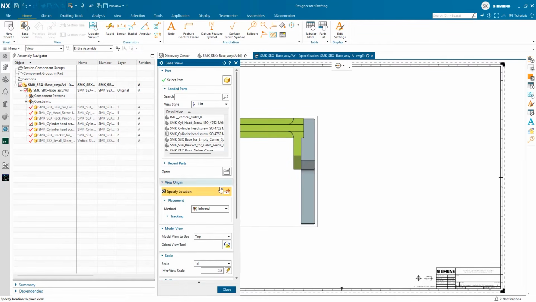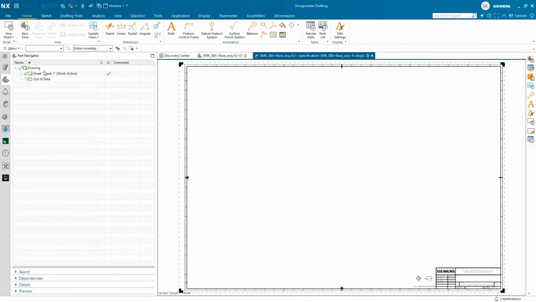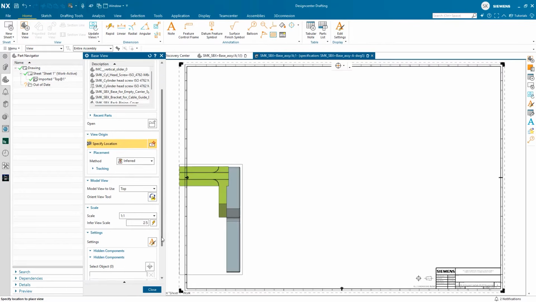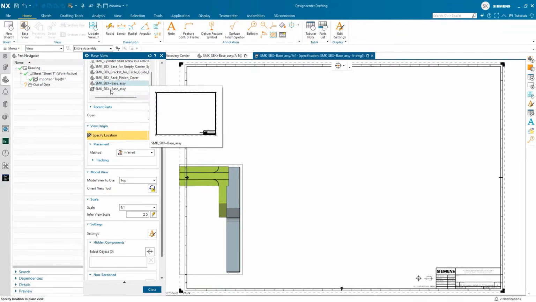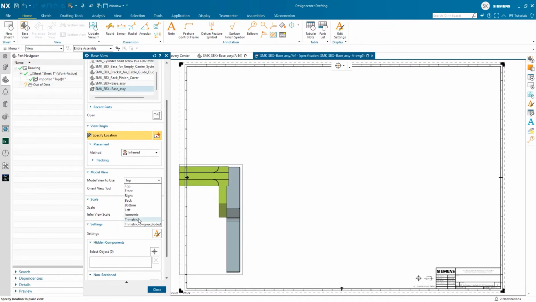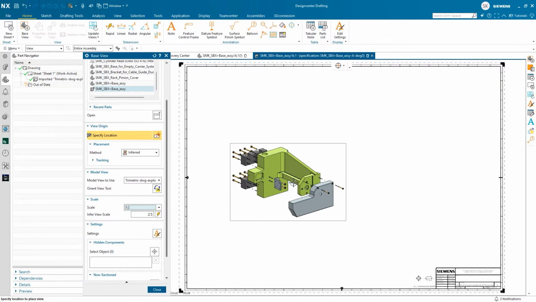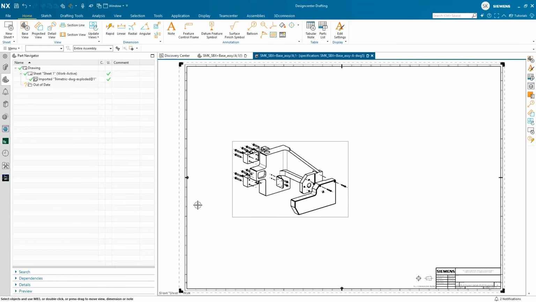In this case, we want to add an exploded view that was previously created at the drawing level. So I'm going to add the base view. I'm going to reference the drawing file, not the subassembly, because in here I've created the exploded view. We see that the view is being added. We select a proper view scale, then we can add that. So once that is added, we see that it is properly defined.